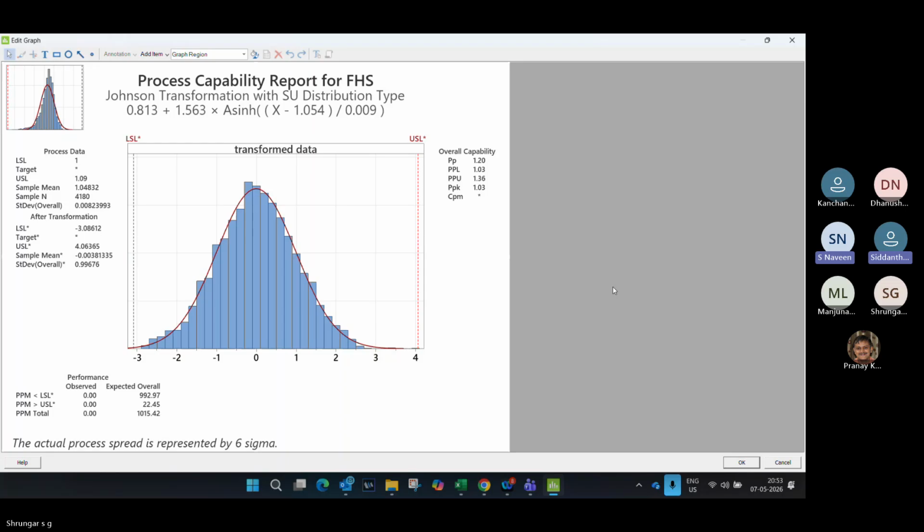Basically, I asked this requirement from Pranay sir, because sometimes the customer also just asks us for CPK instead of PPK for long term. That doubt I had. It's one confusion. Also this customer is asking for 1.67 CPK, and if we do our analysis considering all these aspects, then it will come as PPK. Then how can we provide the PPK as CPK to the customer? It's not meeting your requirement.